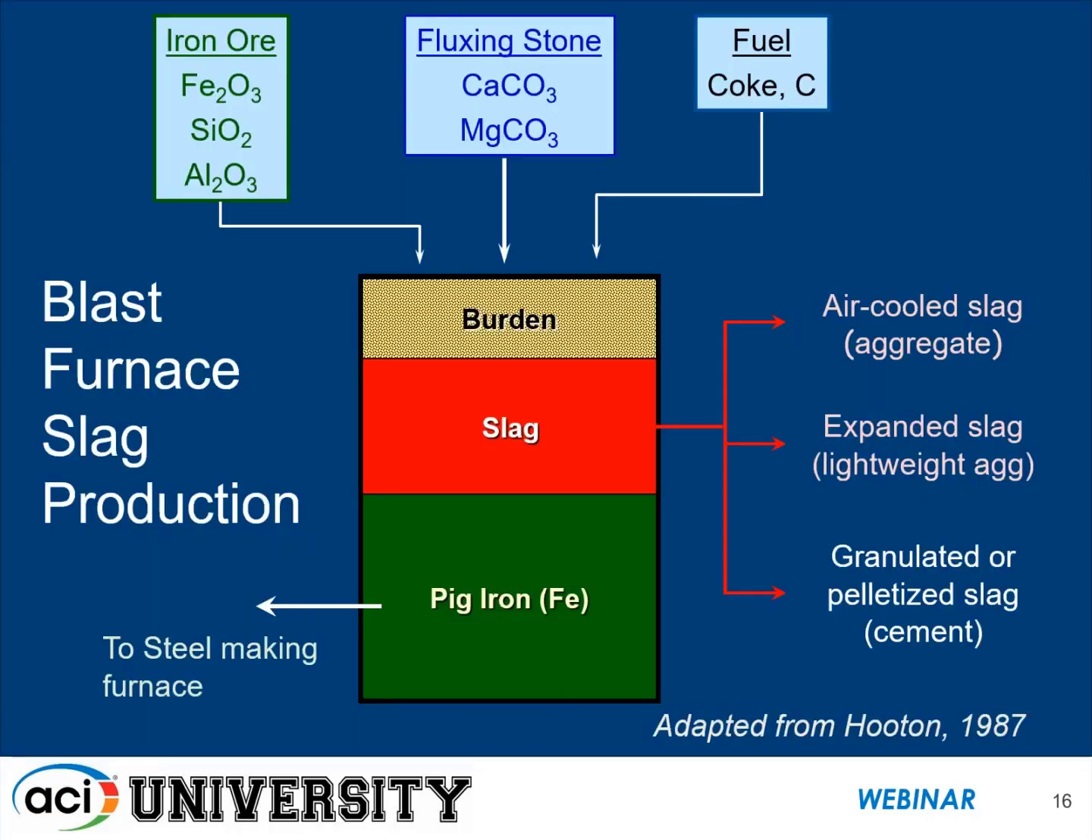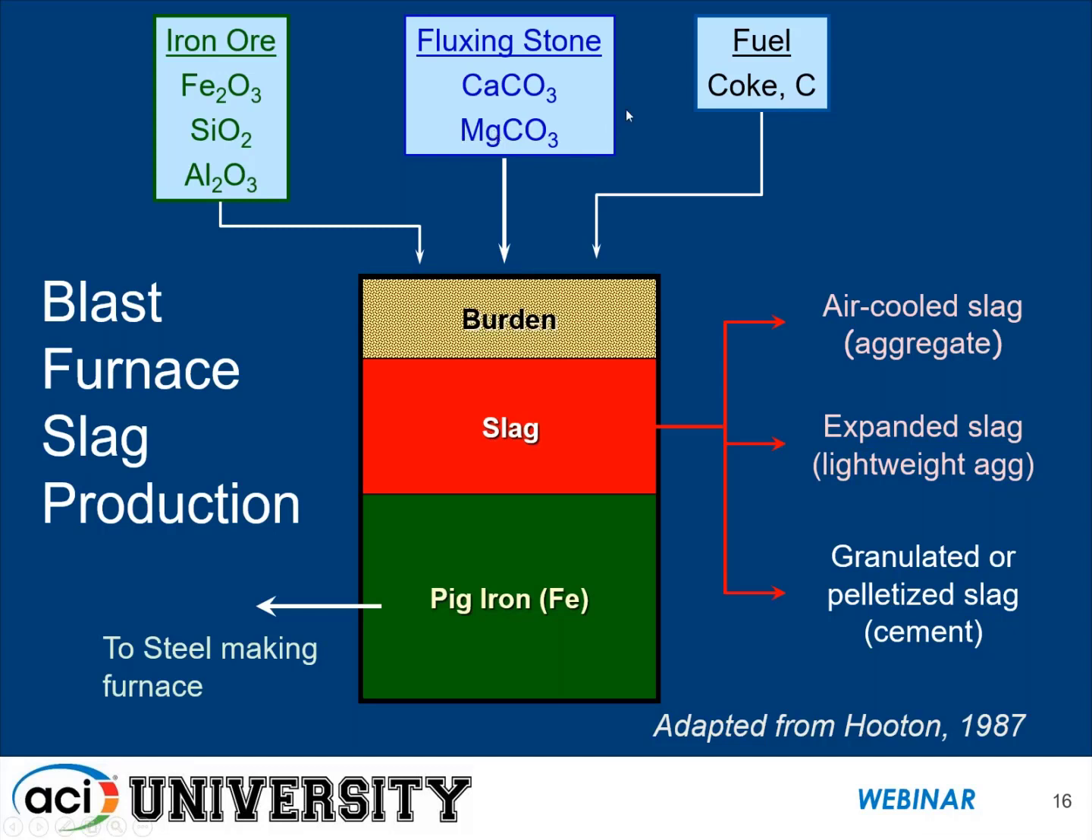So slag comes from iron blast furnaces, and iron is produced by mixing iron ore, which has iron oxide in it, up in the upper left, with impurities in it, typically silica and alumina. And they flux it to try and reduce the temperature at which it can separate the iron from the other materials in the ore, using typically a limestone or dolomite, or a combination